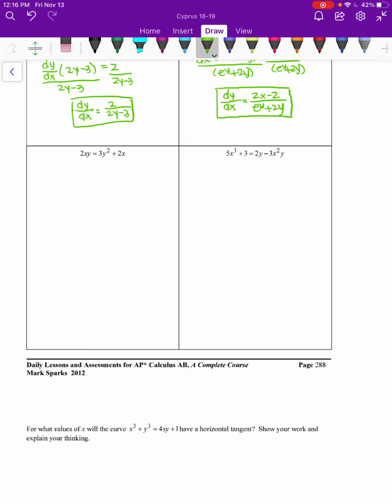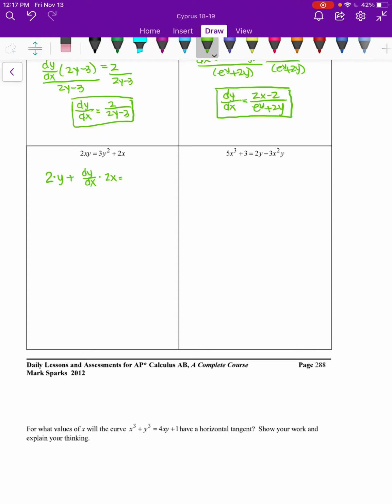So the derivative of that whole left side, the derivative of 2x is 2. So the derivative of the first piece is 2 times the second function, plus the derivative of y is dy/dx times the first,